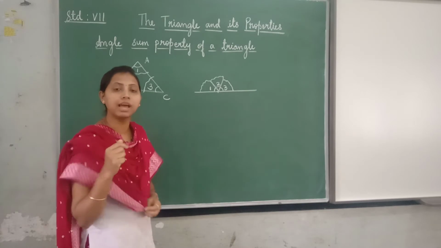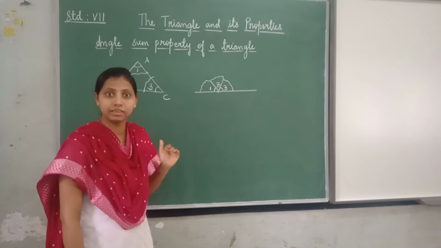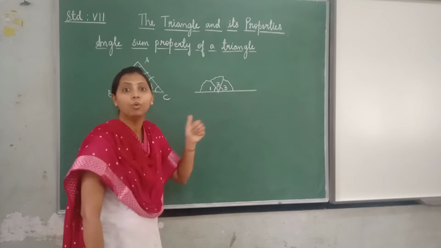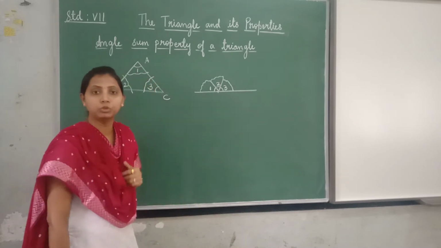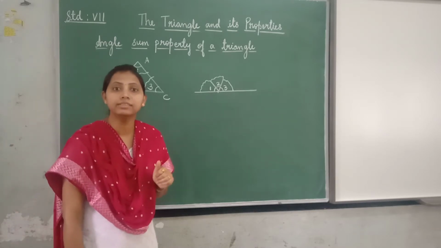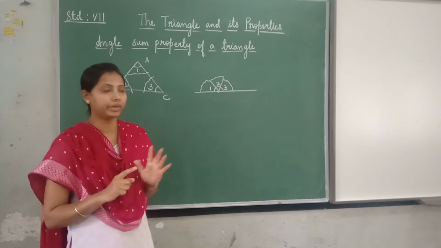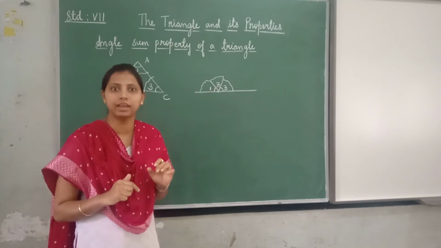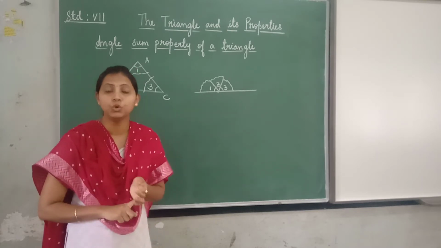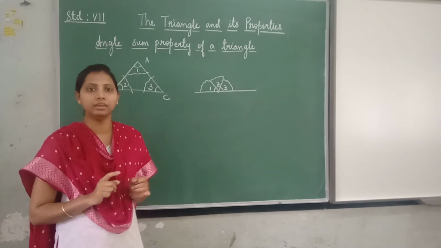Do you know what the angle formed on a straight line is, children? You have learned straight angle, that is 180 degrees. The sum of these 3 angles is nothing but 180 degrees. So by this we come to know that the sum of the 3 angles in a triangle is always equal to 180 degrees. Now we will prove it. This is an activity by which you understand that the interior angle sum is 180 degrees. But you are going to learn it as a theorem in 7th standard.